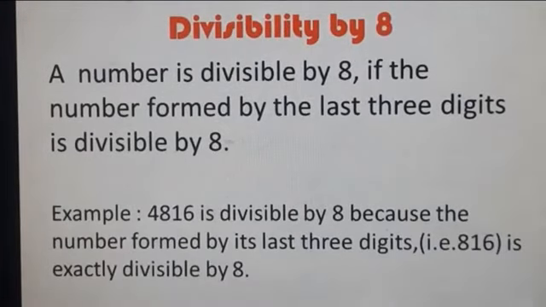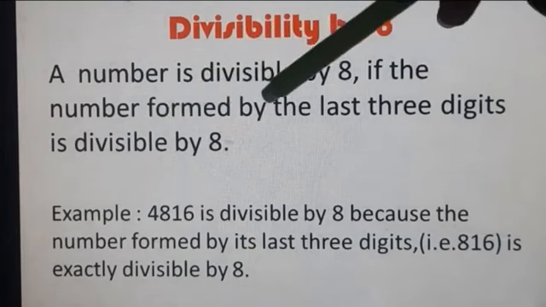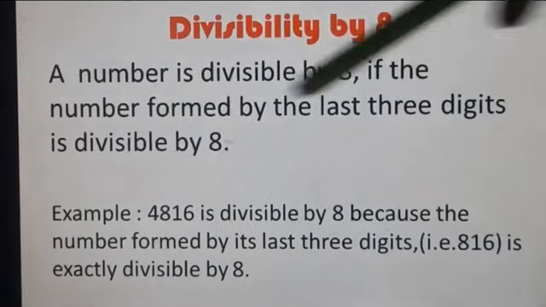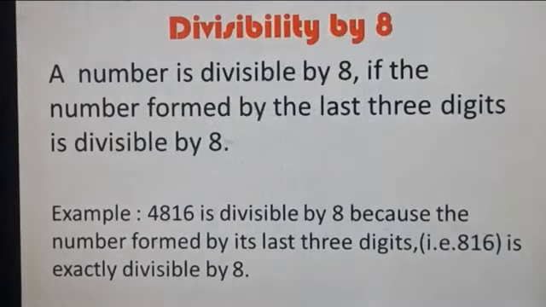Divisibility by 8. A number is divisible by 8 if the number formed by the last 3 digits is divisible by 8. We have to check the ones, tens and hundreds place of the given number. If the number formed by the ones, tens and hundreds places is divisible by 8, then the whole number will be divisible by 8. See this example,